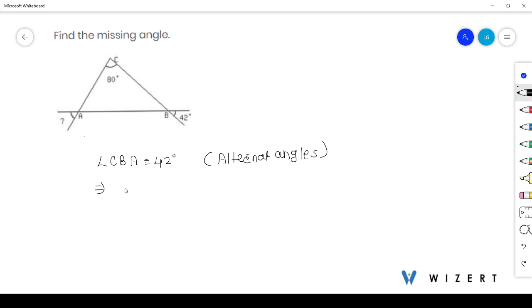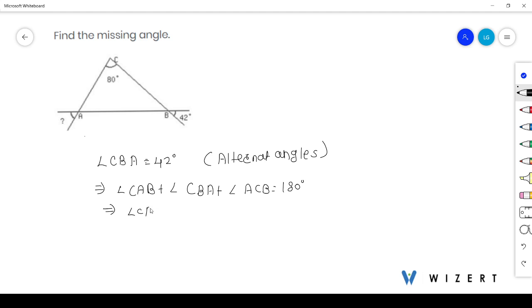Angle CAB plus angle CBA plus angle ACB is 180 degree because the sum of the angles of a triangle is 180 degree. So substituting values here,